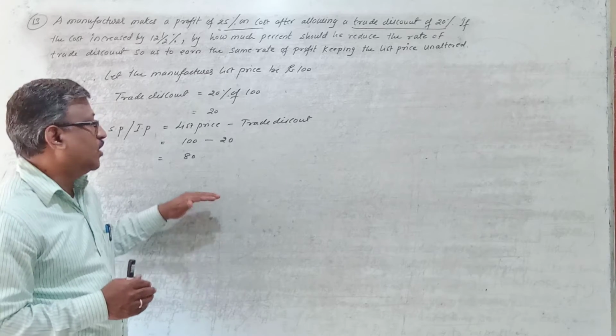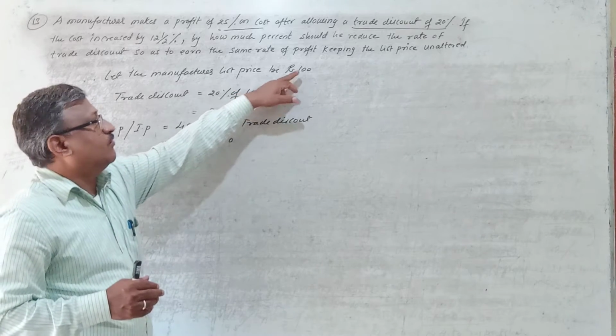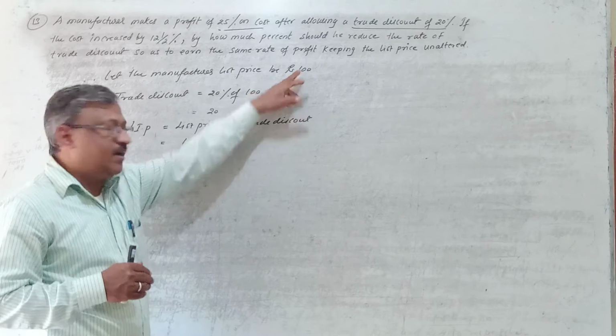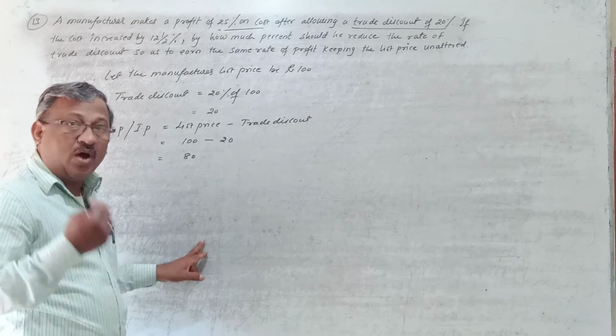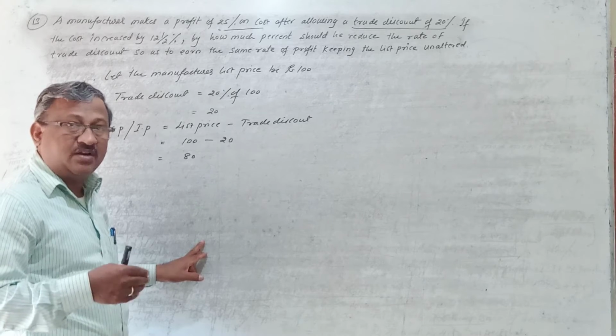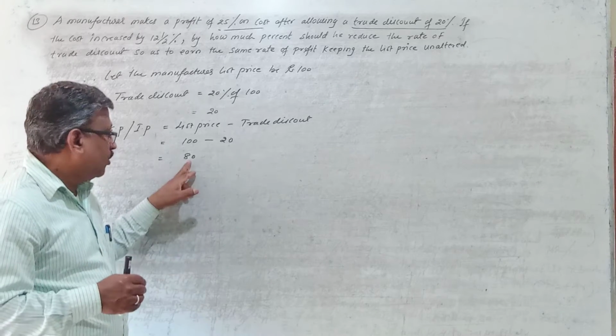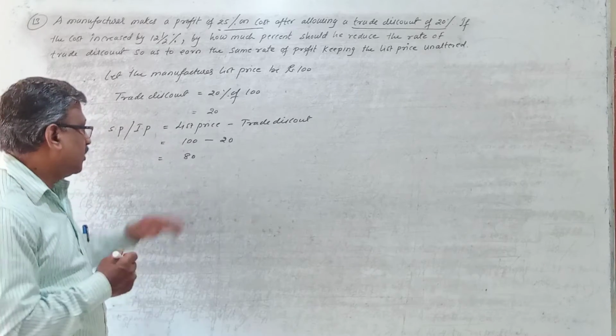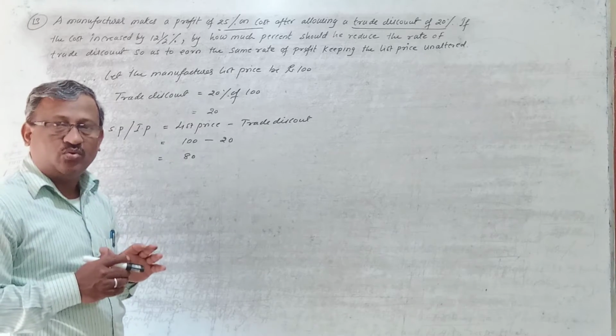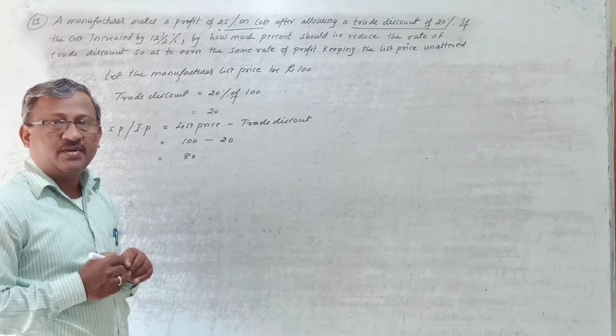To remove the profit from this selling price, again we have to do the assumption. We should not get confused with this. Here we are assuming the cost price as 100, right? So why are we assuming the cost price as 100 again? That reason you have to remember. To find the cost price of this selling price, we are doing the assumption again. Here the cost price of this selling price is not known, so again I am going to assume my cost price as 100.